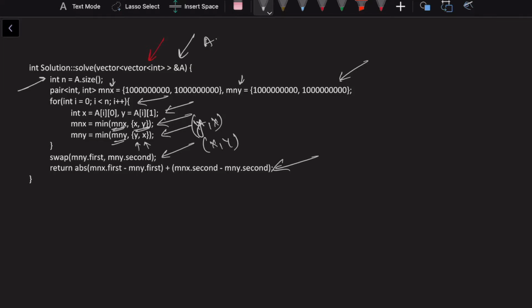Then I take the absolute distance between x1 and x2 and between y1 and y2, add them up and return it. The overall time complexity would be O of n, since I'm only iterating through the array once, and my space complexity is O of 1.